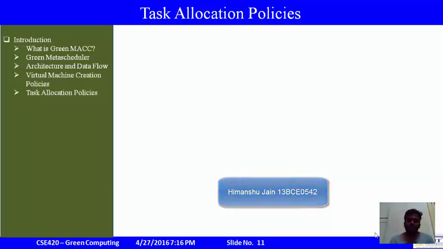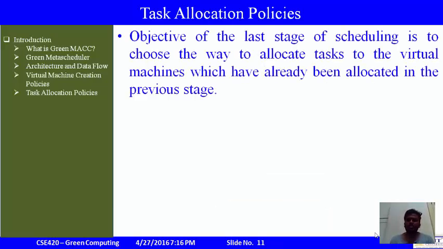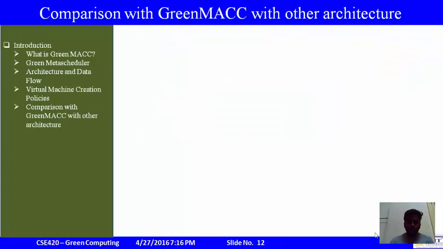Now the next topic that we have is task allocation policies. So the objective of the last stage of scheduling is to choose a way to allocate tasks to the virtual machines which have already been allocated in the previous stage. For this, two already existing scheduling techniques were used. Now the techniques were, first of all